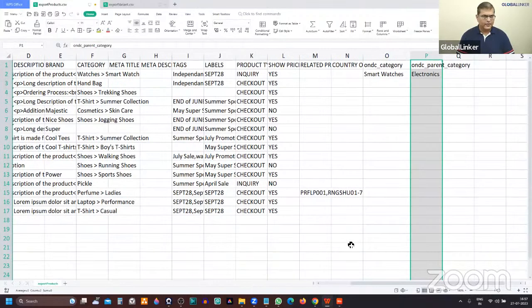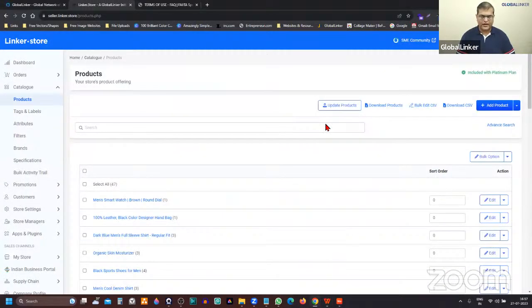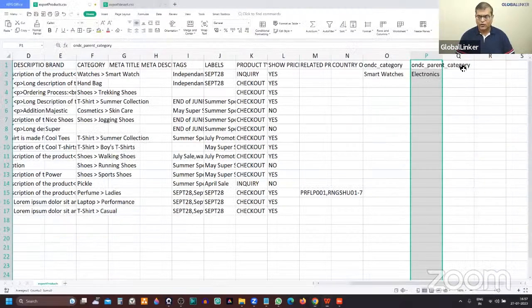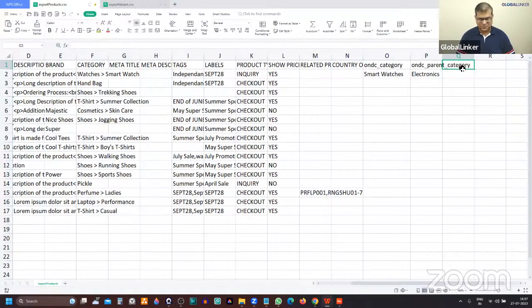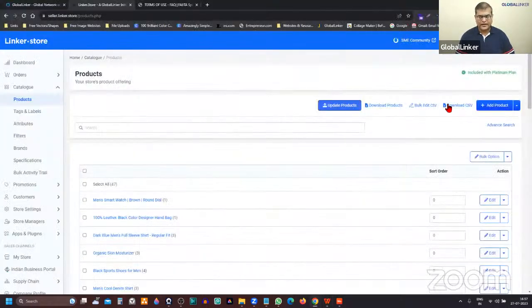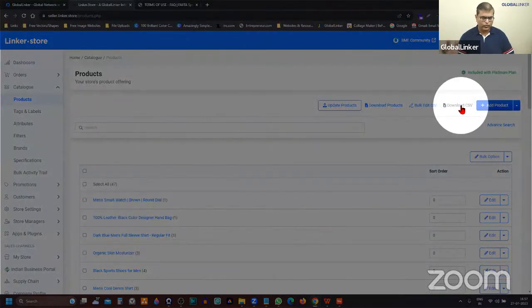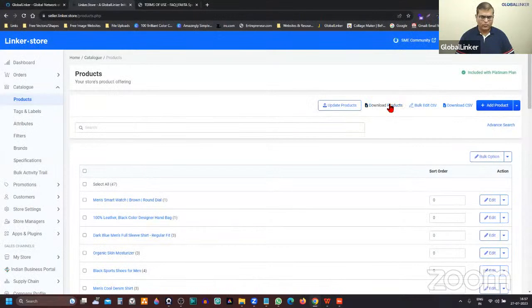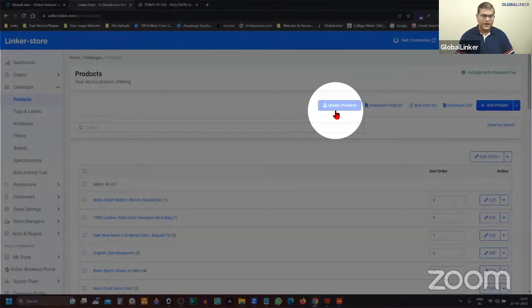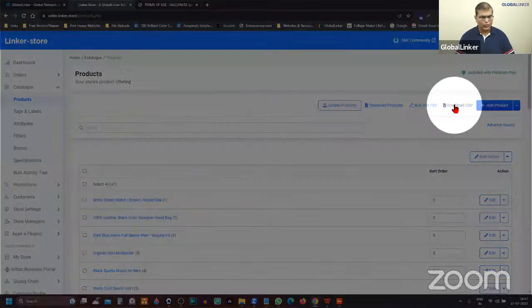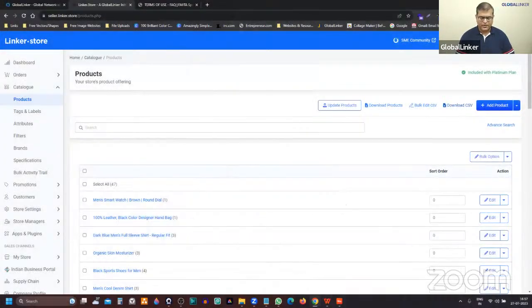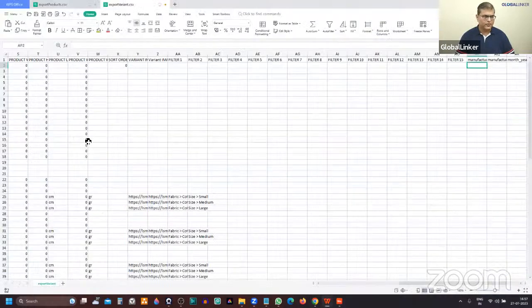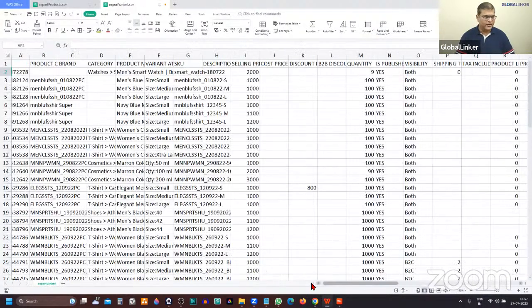Once you have added all these categories, save this file and click here, update products, and the category mapping gets updated. In case you are in a grocery business, you'll also have columns for IFSC code addition, so you can add the IFSC code for the relevant product. Once you have updated this file, you then have to download another file. So it is again a two-step process. First, this file is downloaded and then uploaded from here after adding the relevant information. And then you have to download this file, which is download CSV. I have also downloaded this for the benefit of time. This is the file which will get downloaded.